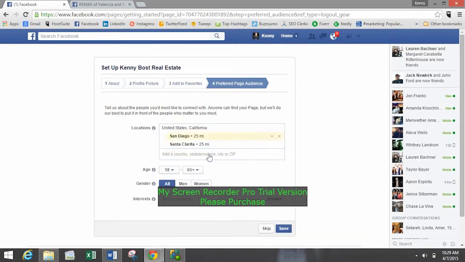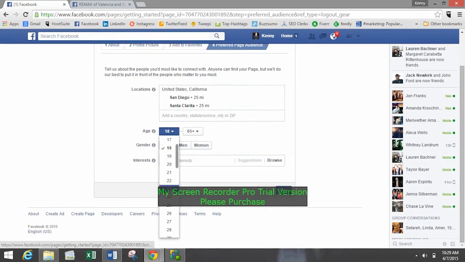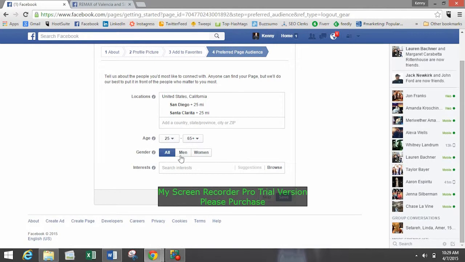Whatever, doesn't matter where, but we can add other areas. Age, obviously. I was reading this thing recently about real estate Facebook, and they're like, well, obviously you want to start with 18 because they can legally sign a contract at 18, which was funny. But I would say something more like at least 25 and older. Sounds more reasonable. And then we're going to do gender, obviously all, interests,